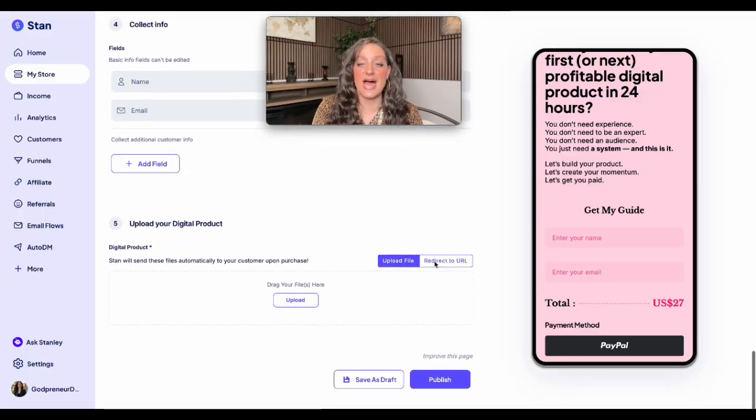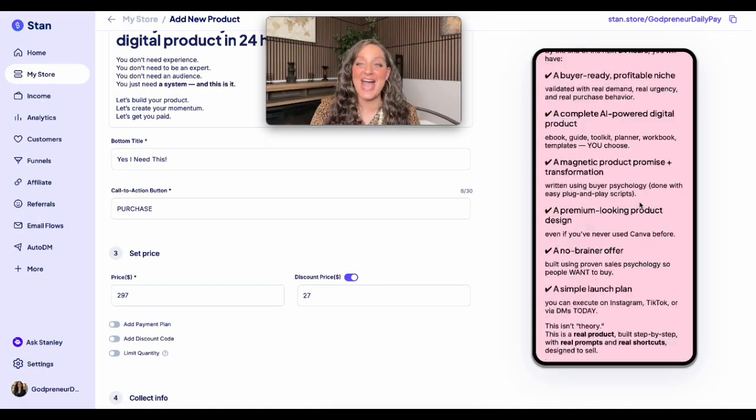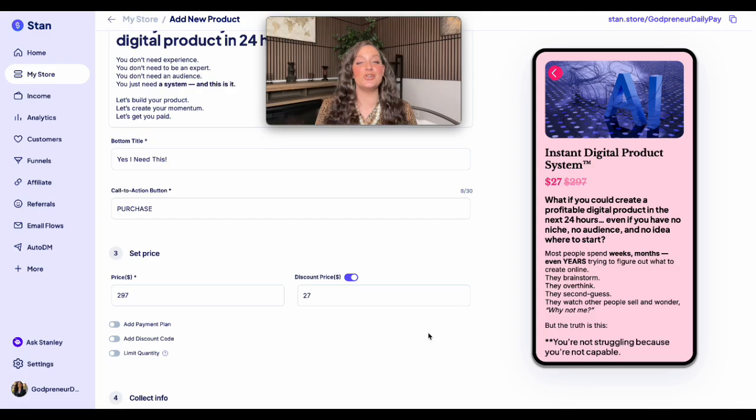So then here at the bottom, if that was an ebook, what you want to do is download it, okay? And then upload your file right here. If you're hosting it somewhere else, you can go ahead and click on redirect to URL, and that's going to redirect the customer to the URL so they can actually purchase that product, and then you want to go ahead and hit publish. So now we have a full-blown digital product. We've picked our niche. We've got our content together. We have literally went in and designed our content. Now we've created a sales page, all right?